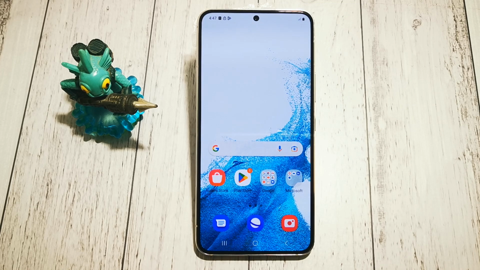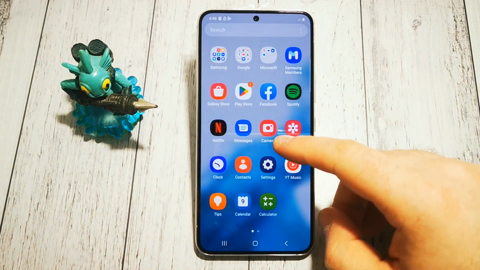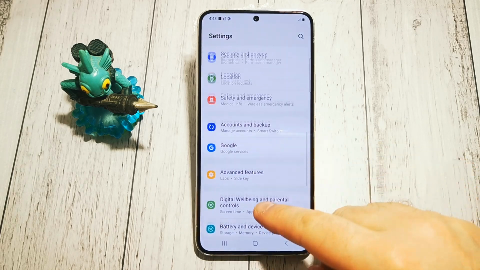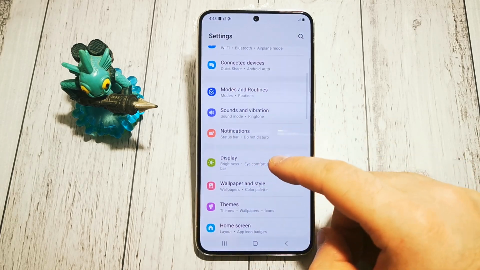Today I will show you where to find the option and how to turn off auto downloader in Samsung Galaxy S22. If you want to turn off auto downloader, we need to go to settings, and here we have